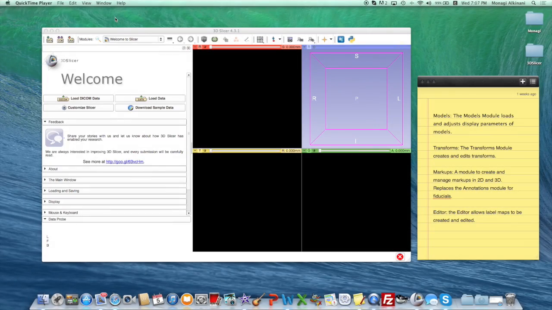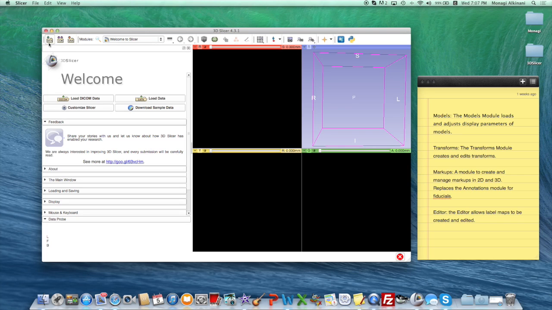This is the interface of the 3D Slicer. For simplicity, we can divide this interface into 3 parts, one to the right, one to the left, and one to the upper. To the right here we can see the 4 windows. These windows are used to display the 3D image. So here we can see the 3D image, and because the 3D image is composed of 3 2D images, the 3 2D images will be located here, one here, and the other one here. I will show you an example,